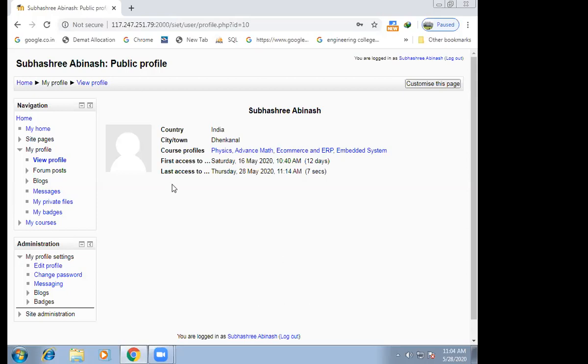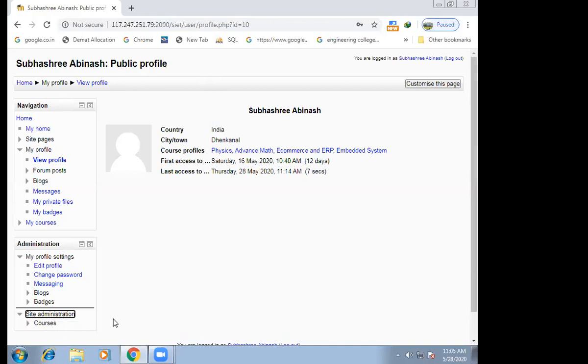you have to click on site administration. So remember this. In the left side, you will get the navigation bar. In the end of the navigation bar, there is site administration. So you have to, after login to the server, you have to navigate to site administration for creating one online course. So this is site administration. I'm clicking on that.